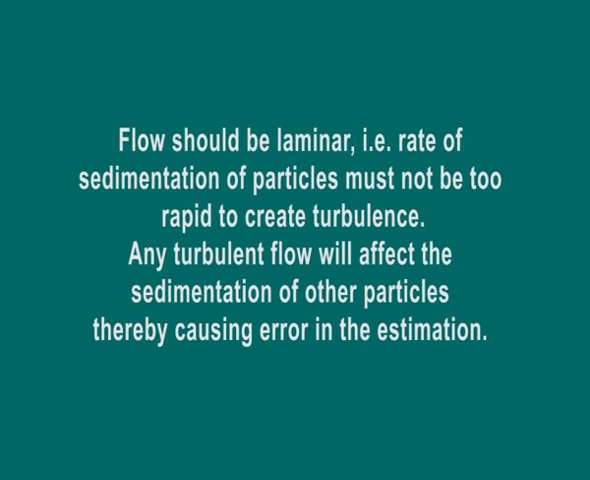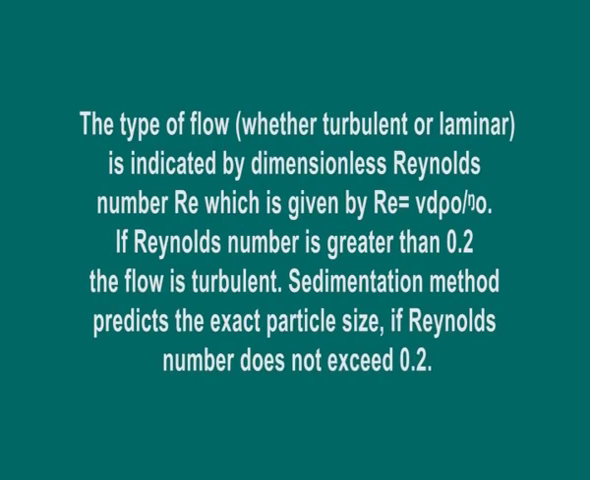Flow should be laminar, that is, rate of sedimentation of particles must not be too rapid to create turbulence. Any turbulent flow will affect the sedimentation of other particles, thereby causing error in the estimation. The type of flow, whether turbulent or laminar, is indicated by the dimensionless Reynolds number, given by Re equals V d rho 0 upon eta 0. If Reynolds number is greater than 0.2, the flow is turbulent. Sedimentation method predicts the exact particle size